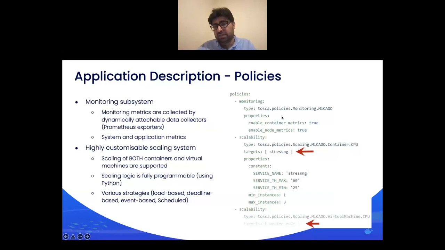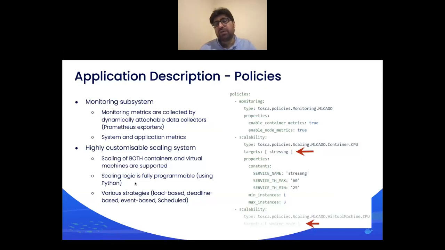If it is needed, they will turn it on; if it is not needed, it can be turned off. On the scaling side, MiCADO supports both container level scaling as well as virtual machine level scaling. The other important thing is that users will be able to provide their own programmable scaling logic, and this programmable scaling logic will be based on Python.